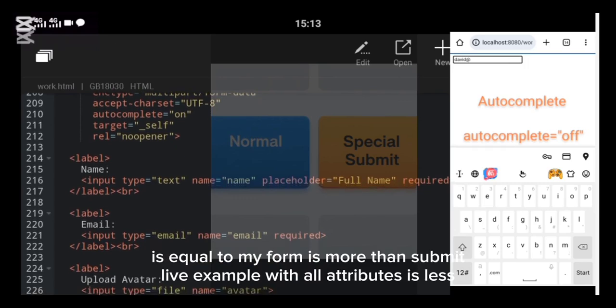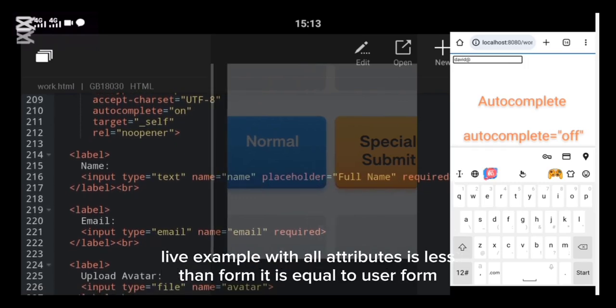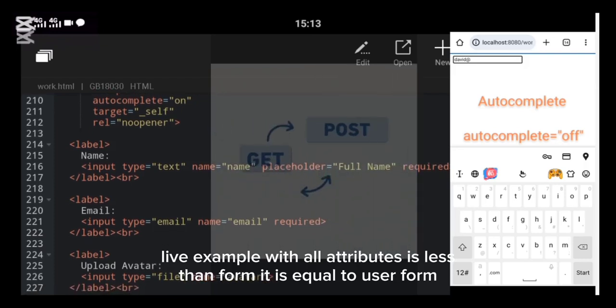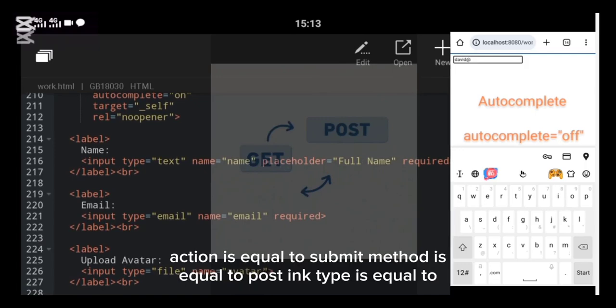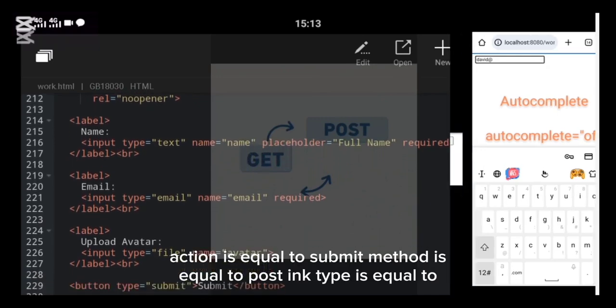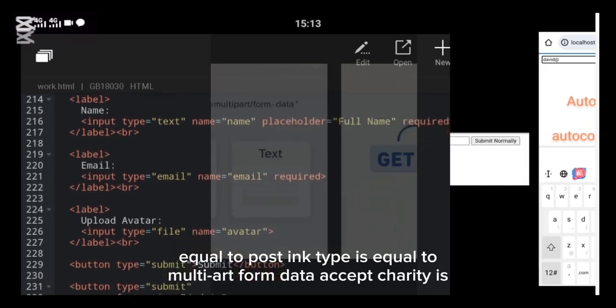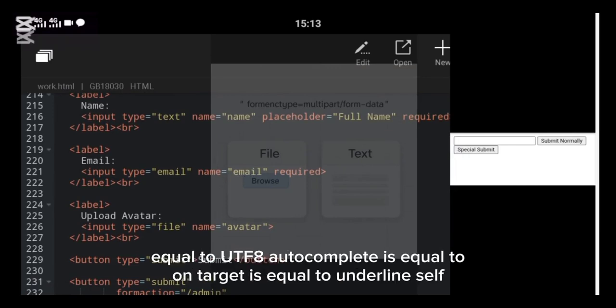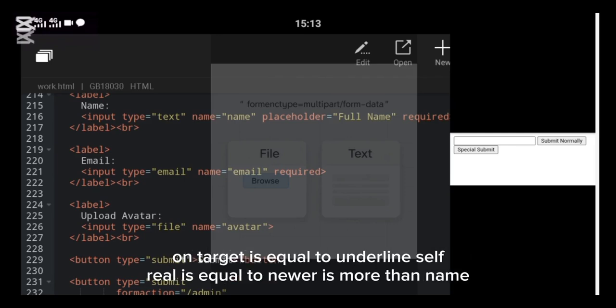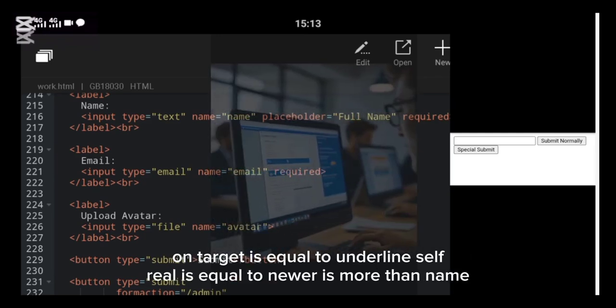Live example with all attributes. <form id="userform" action="submit" method="post" enctype="multipart/form-data" accept-charset="UTF-8" autocomplete="on" target="_self" rel="noopener">